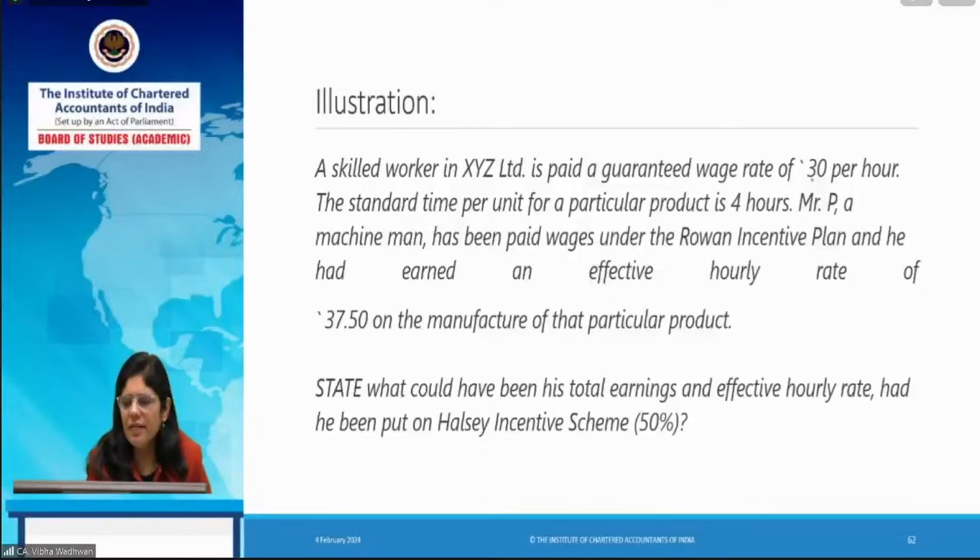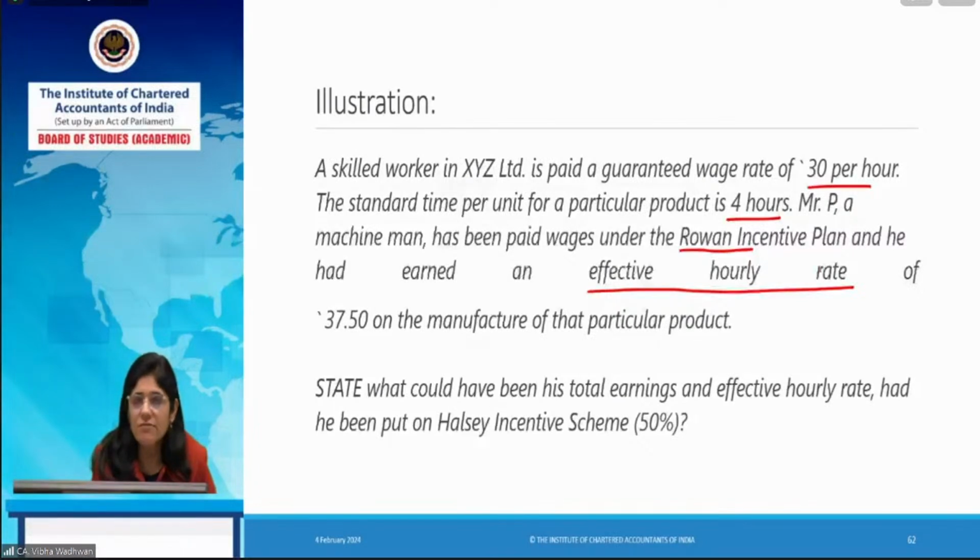The wage rate is given to us in this question, and the standard time per unit is 4 hours. So the time allowed is given to us, and the worker has been paid wages under the Rowan scheme. So we are paying wages to this worker under the Rowan incentive plan, and he has earned an effective hourly rate. It's the effective rate, not total earnings. He earned an effective hourly rate of 37.5 on the manufacture of that particular product. The question asks what could have been his total earnings had